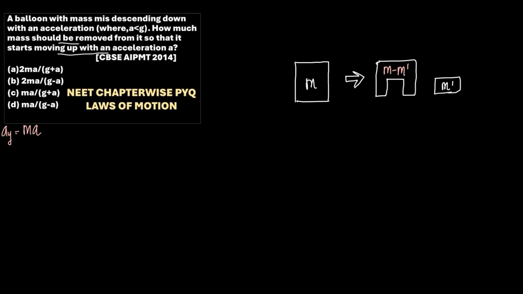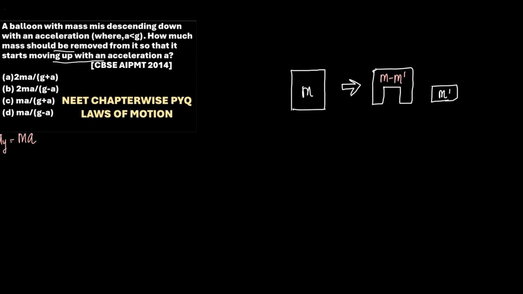Now, if this is the case, what are the forces acting on it? We know that the very first force acting on this body would definitely be the weight, being m minus m dash into g. And what is the buoyancy force acting here? It would be FB. But this time you need to understand that it's moving up with an acceleration, so the net direction of motion is upwards. And when the net direction of motion is upwards, what do